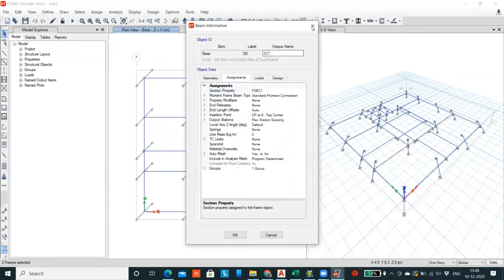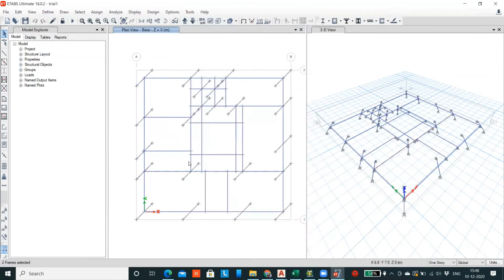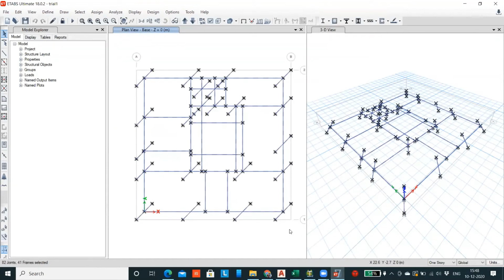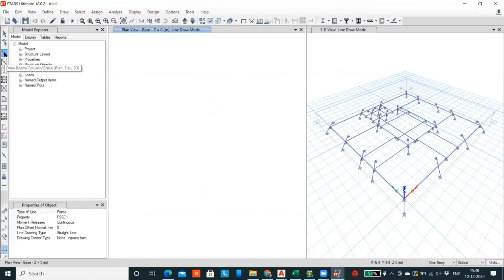So you can change the property over here by simply selecting all the members. So these are all beams, right? Of course, these slant lines are not even beams or columns. They will be deleted later on. So I'm not bothered what property I give to these, as I'm going to delete them later on. So I'm selecting all the beams over here, and I'm going to click on the beam property over here.